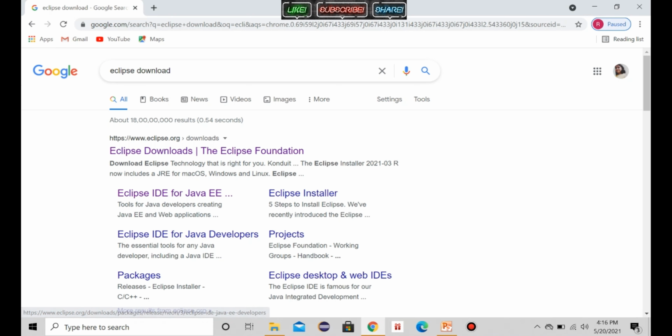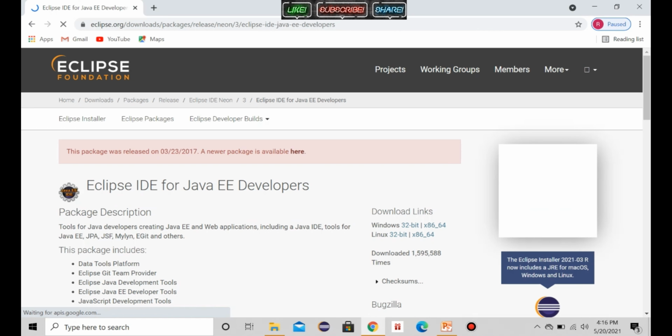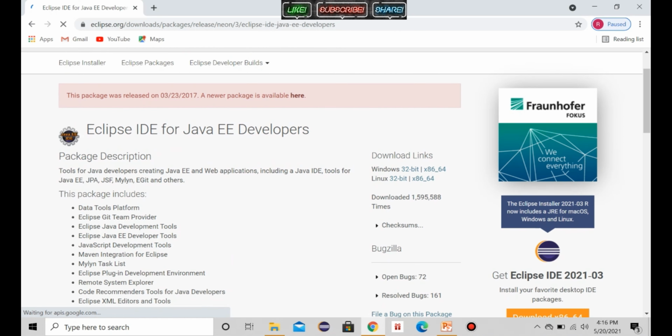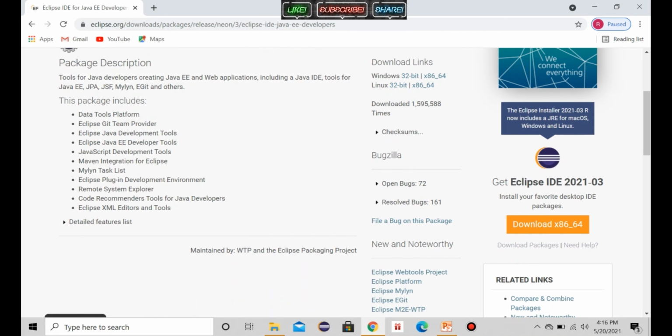You can go with this. When you click, you will find some packages here, based on whether you want Eclipse for Windows or others; all of it is listed here.